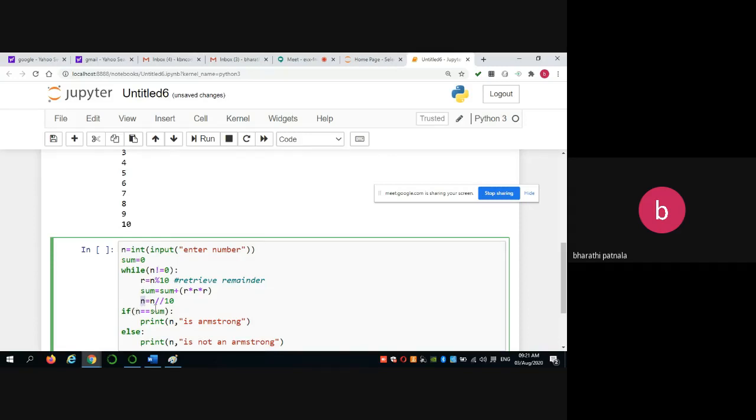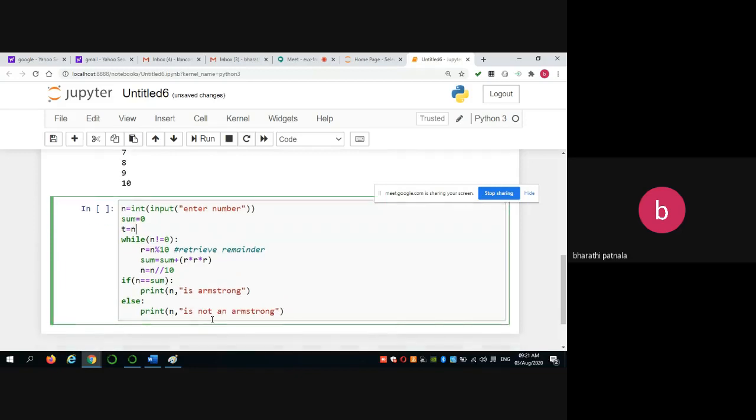So 0 equals to 153 is always false. So you have to assign the n value into a temporary variable, because after the iterations the n value is 0, so even if the number is Armstrong, it will print n is not an Armstrong, because n is 0 and the sum value is 153. 0 is equal to 153, it fails. 153 is not an Armstrong number, but 153 is an Armstrong.